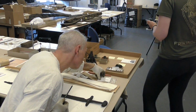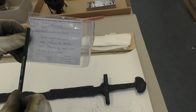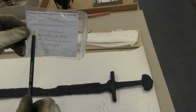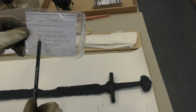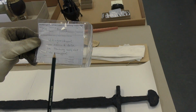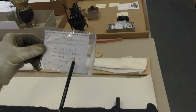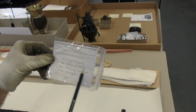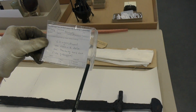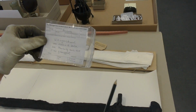It just says that it was... I'm getting cold. So if you can just film this here. So this is Kreis Parchim, Gemarkung Neuburg, and it's a Wikingerschwert, a Viking sword, 1000 nach der Zeitrechnung. Apparently this was written down by a GDR archaeologist, because in the West you say "nach Christus," in the East you said "nach der Zeitrechnung." Anyway, so about 1000 AD, found by Neuburg, and it was recovered by an excavator shovel, a power shovel